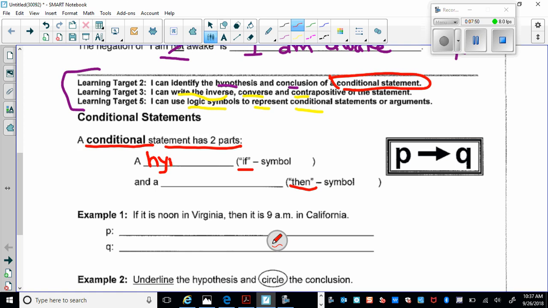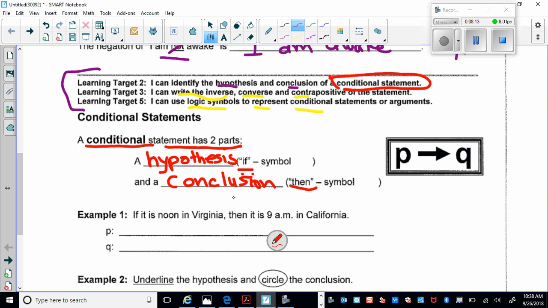The first statement that follows the if is going to be the hypothesis, and it's going to have a conclusion, okay? So a statement that has a hypothesis and a conclusion is called